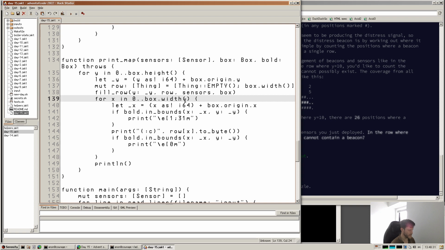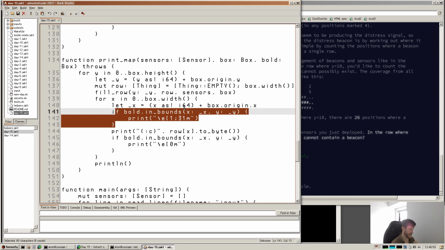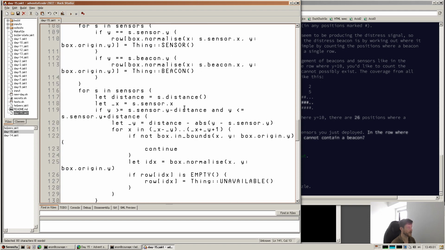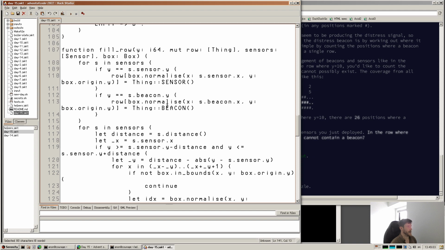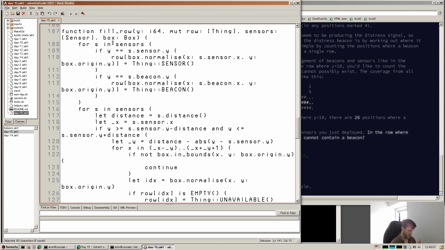So I went through a couple of iterations here. The first was I tried to just create a big one-dimensional array, but it was going to cover all 2 dimensions. But instead I just go over each row and then build a row with this fill row. So this fill row is new, and I've also got a thing for bolding parts, but that's more applicable in part 2. But yeah, so this fill row, because we're only going after a single row, we need